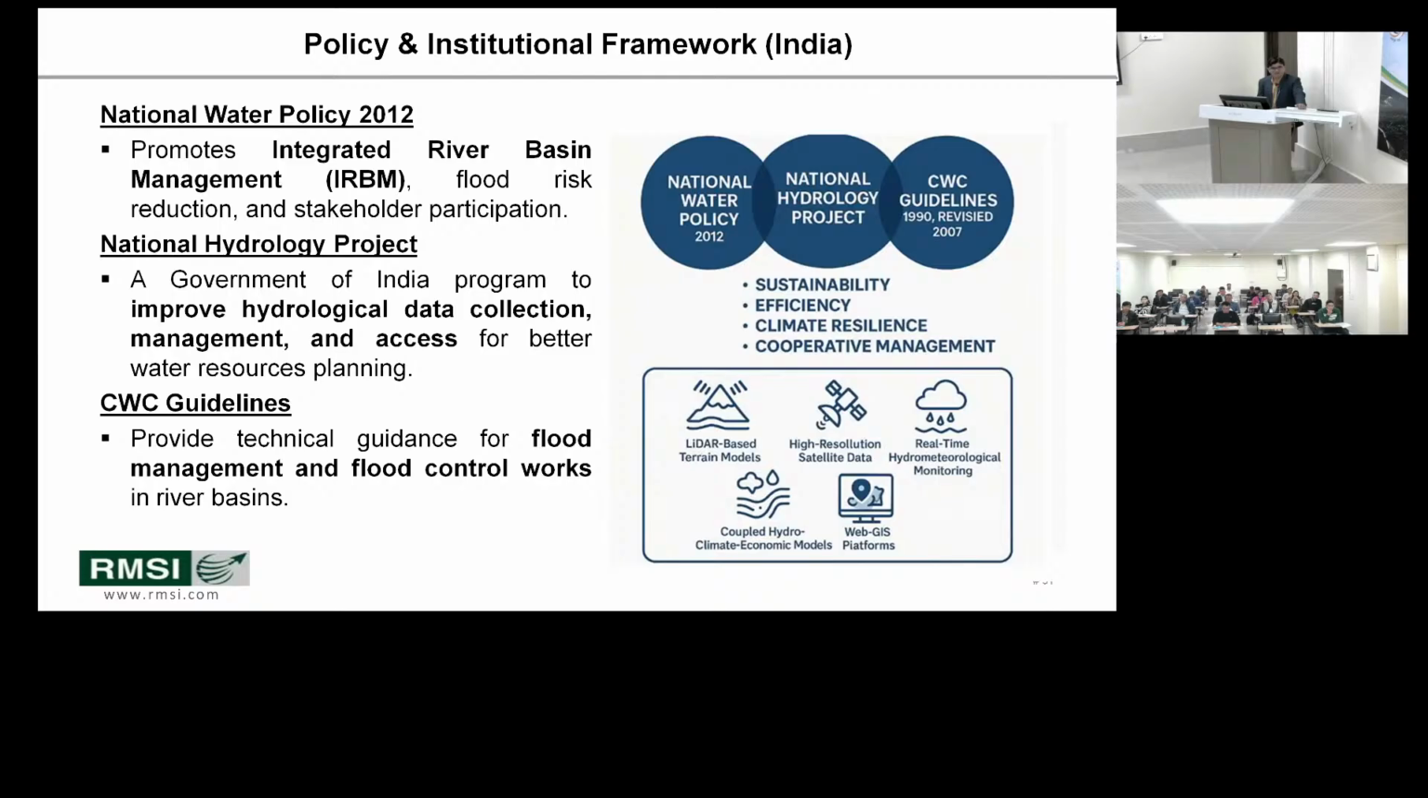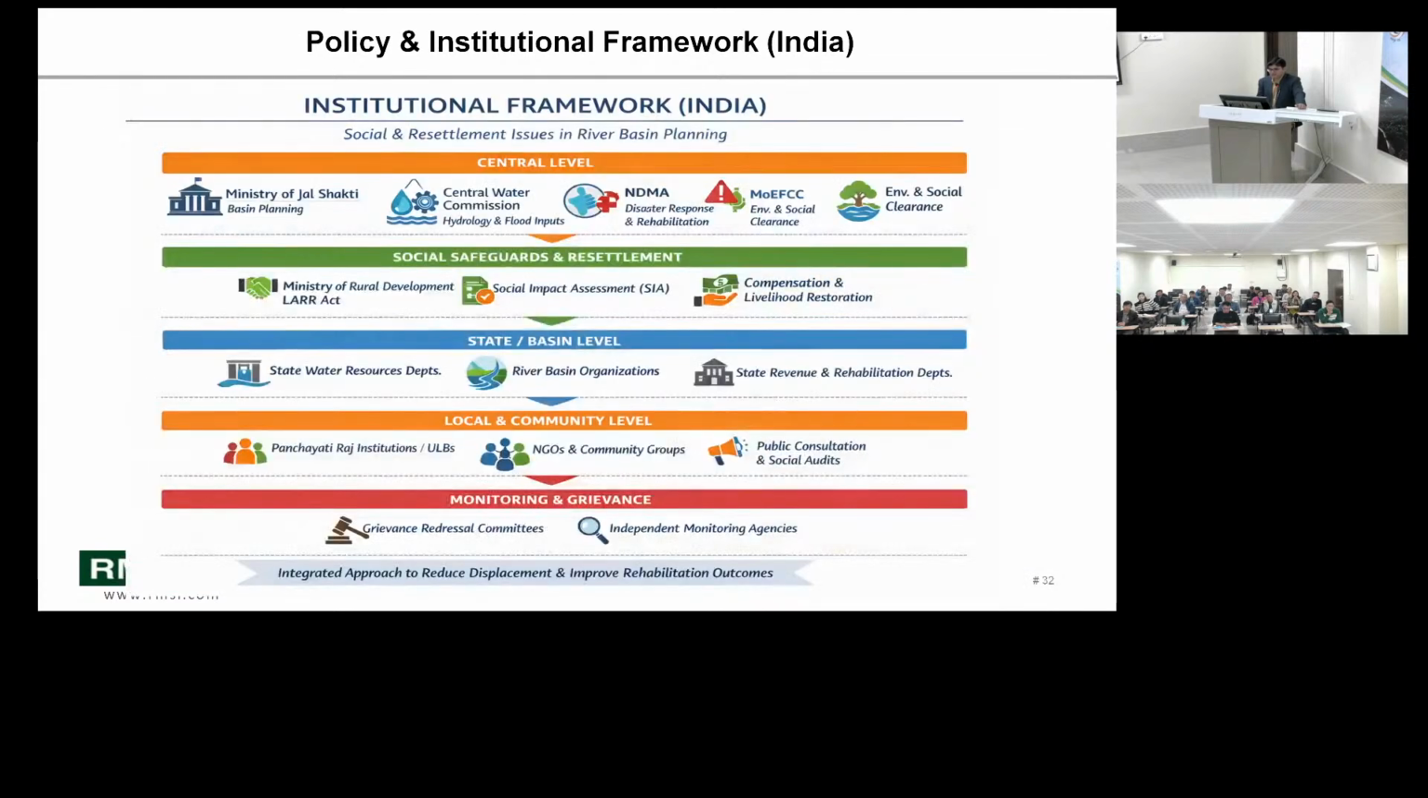These are some guidelines recommending that we should consider these social and environmental aspects while preparing the master plan. Institutional framework: the agencies responsible for these plans, on the central scale, are the Ministry of Jal Shakti, the Central Water Commission, the Brahmaputra Board for your region, then NDMA, the National Disaster Management Authority, for rehabilitation and evacuation. Then the Ministry of Environment, Forest and Climate Change is responsible for providing clearance for environmental and social issues. Then safeguards, some state ministries and departments are there, Ministry of Rural Development, Social Impact Assessment,